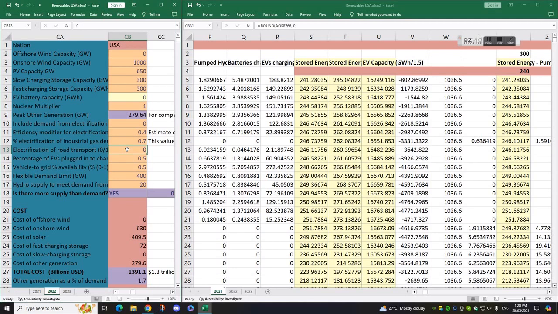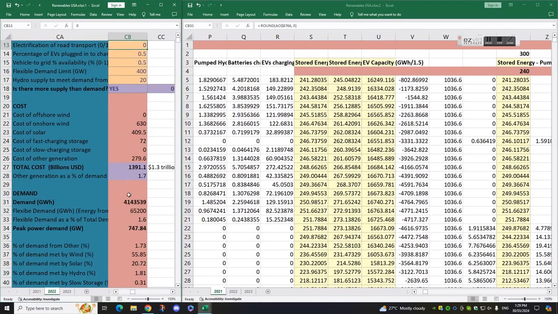There's a very slow introduction of electric vehicles. So what we want to model is, if we replace all of the fossil fuel vehicles with electric vehicles, how will that affect the grid? How much more power will we need? Where will that come from? How much will it increase demand? So here currently demand is